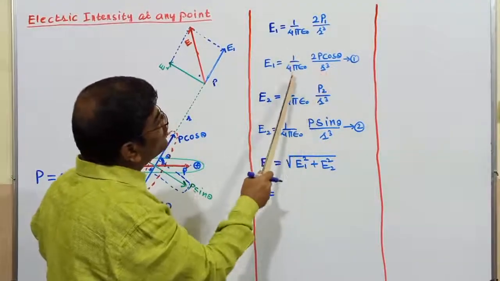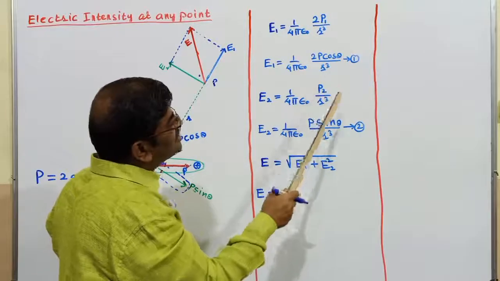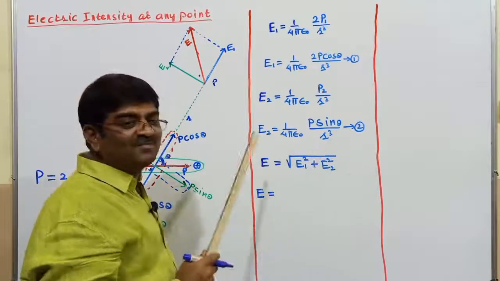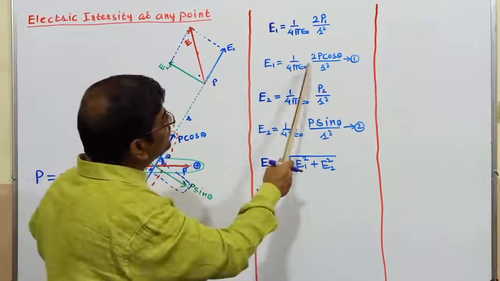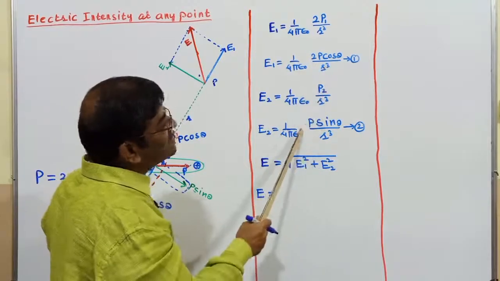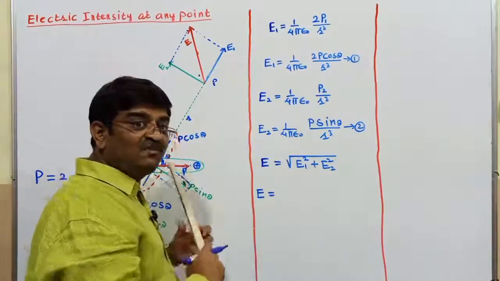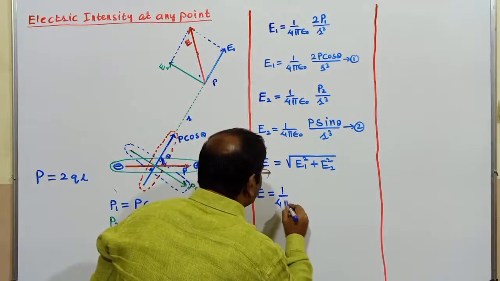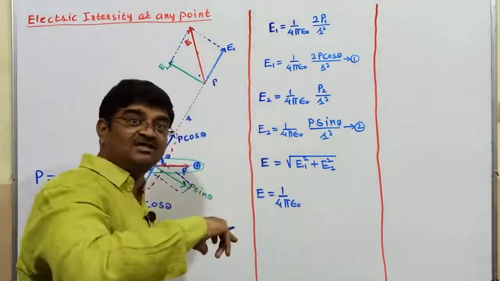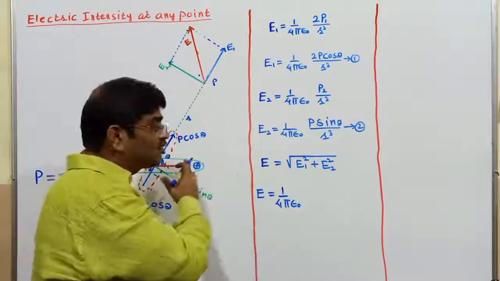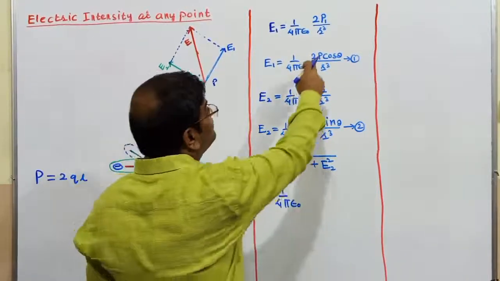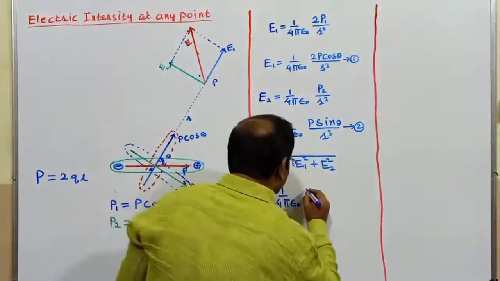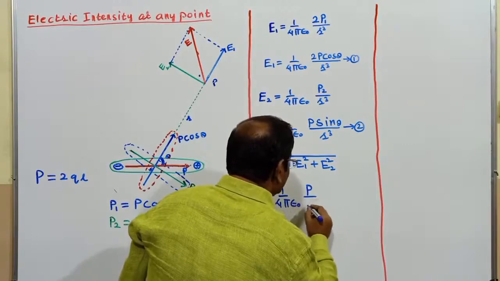Square, like 1 upon 4 pi epsilon 0 2p cos theta square of that, and then even here you can take common possible there. What is common? 1 upon 4 pi epsilon 0 r cube and p square of that is there. So when you bring it outside, what you are going to get? 1 upon 4 pi epsilon 0 square of that. Common, outside the root you are bringing, you will have this one. Then p square you have got. Outside you are bringing, it becomes p by r cube.